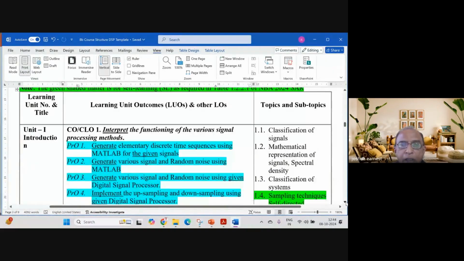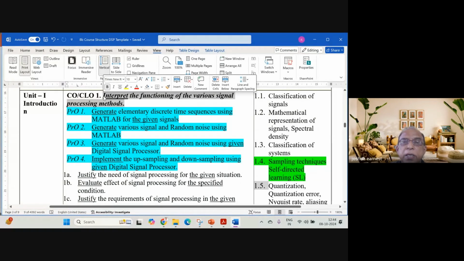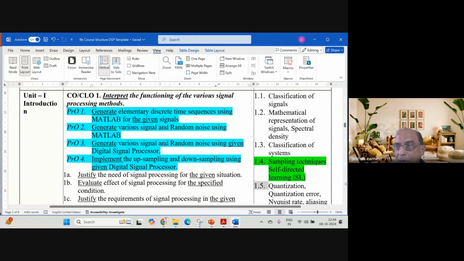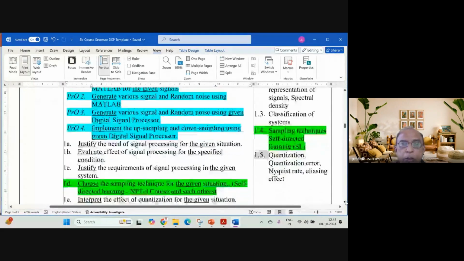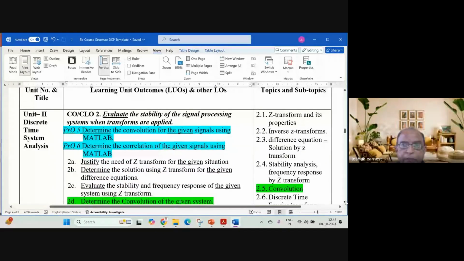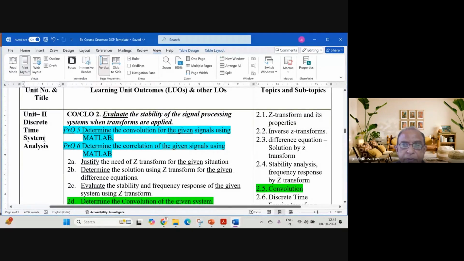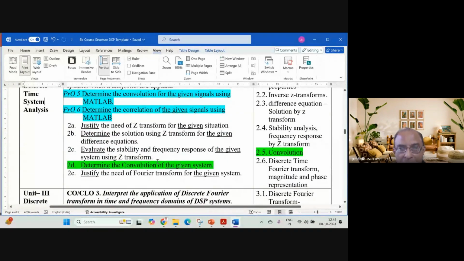remember, all the three put together, both practical and theory put together, you get the CO. The CO is achieved here. So you cannot assess the CO independently. It is only through micro projects. So CO1 is developed. Similarly, through unit 2, CO2 is developed. PRO 5 and PRO 6 are there. The contents are given here. The unit title is given here. Okay? Like that. And if you see this one,